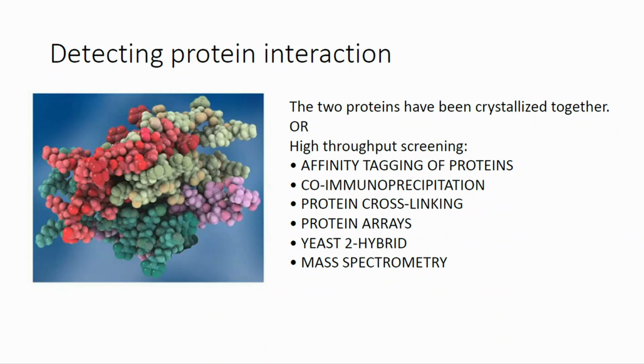And so the most precise information we can get is the crystallized structure of the complex. If something binds already in nature, it most likely exists in a complex form, so we can crystallize them together and solve high resolution structures. But those data are, again, limited compared to the other sequence data that are available. So alternatively, there are a lot of high throughput screening approaches that can be used if you have a list of multiple candidate proteins and just want to profile the interactions.